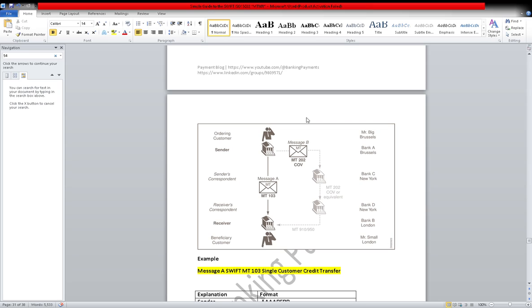Now there are two correspondents here. I just want to check that you are here: which are the two correspondents? Everyone has to tell me. Yes, Bank of New York Mellon is another correspondent. So sender's correspondent, receiver correspondent. Now there are only two correspondents, but sometimes there are n number of correspondents: 4, 5, 6.